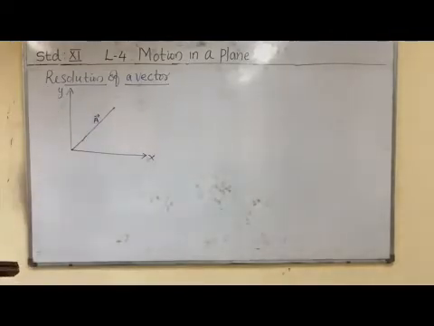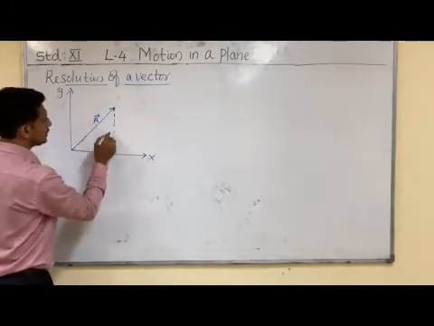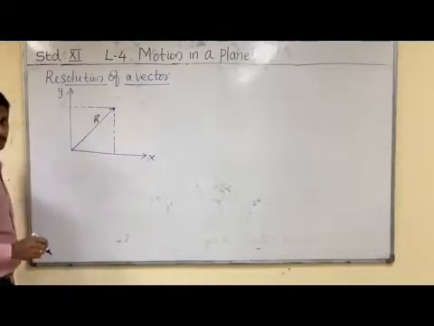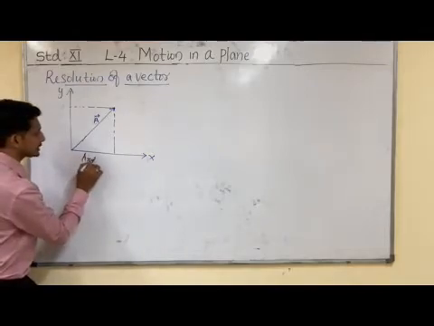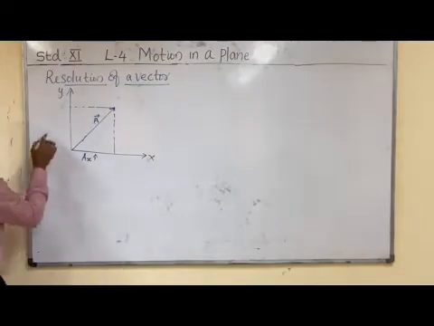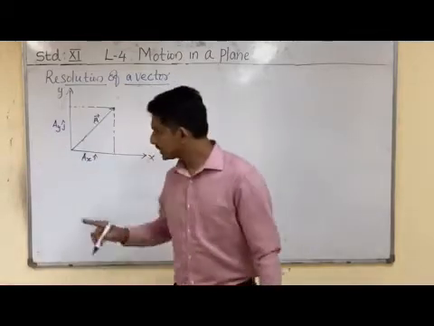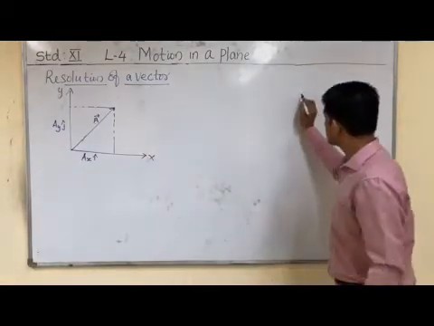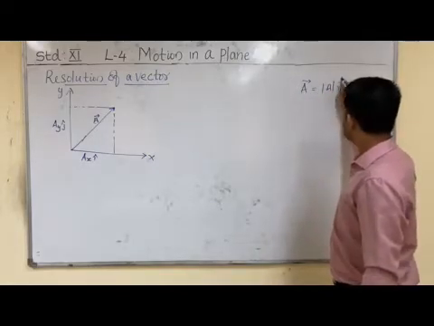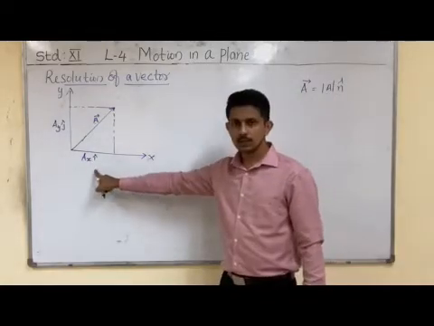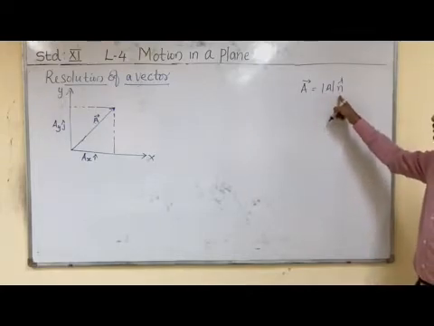This vector A, I am splitting into its components along the x direction and the corresponding component along the y direction. The component along the x direction I can represent as AXi, and along the y direction as AYj. How are we representing the vector along the x direction as AXi? We already discussed that a vector can be represented as the magnitude of the vector times a unit vector. The same method applies here.